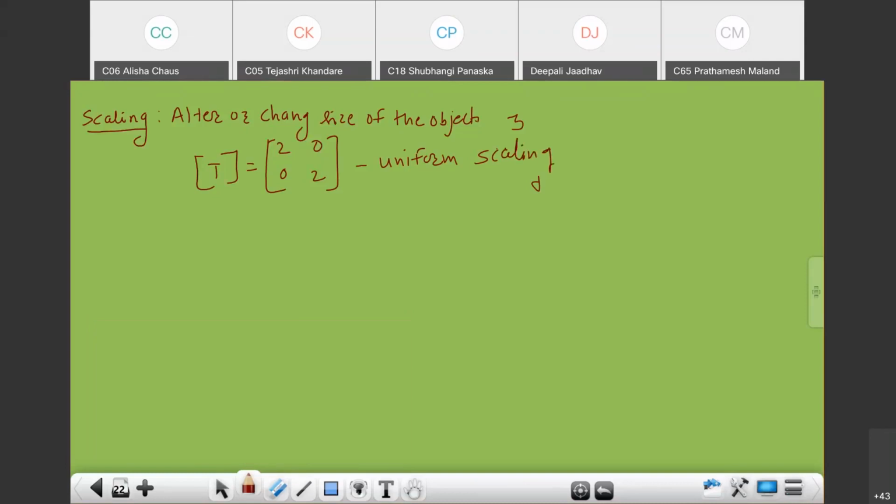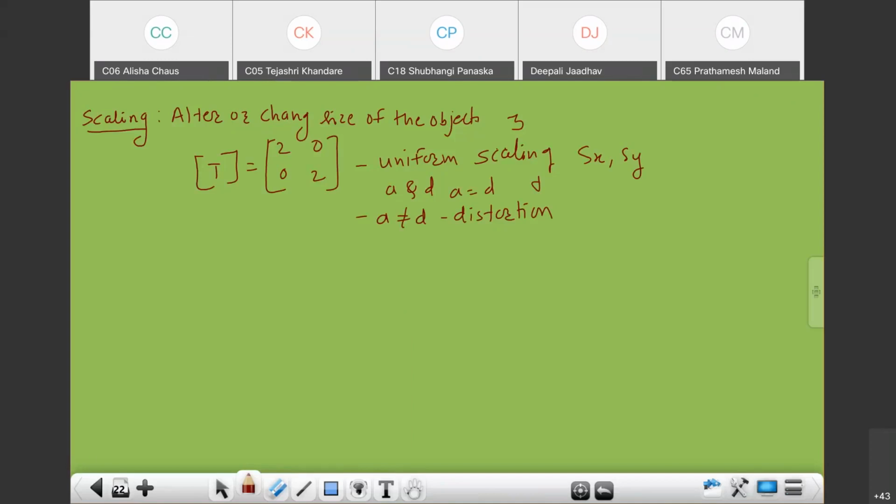Now see here, these two we call Sx, Sy also. In terms of Sx, Sy, or in A, B, C, D form, it is A and D. So these two scale factors, if both are equal, then we call it a uniform scaling of the object. If A and D are equal, then uniform. If A is not equal to D, then it is known as non-uniform scaling or distortion.